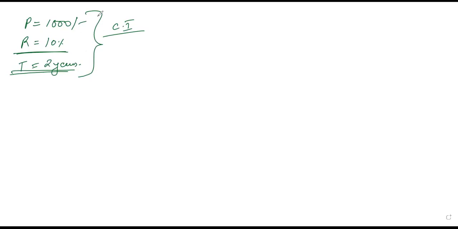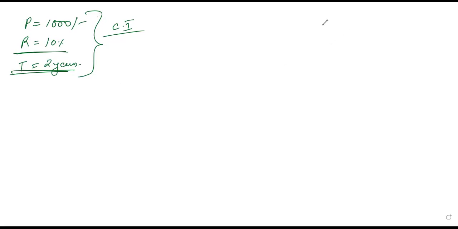So first you will calculate the first year, and then you will go for the next year, and after that you will get the total amount, and from the total amount you can subtract the principal so that you can get the compound interest. Now we are going to see the calculation of compound interest half yearly and quarterly. So what is the basic difference between half yearly and quarterly?